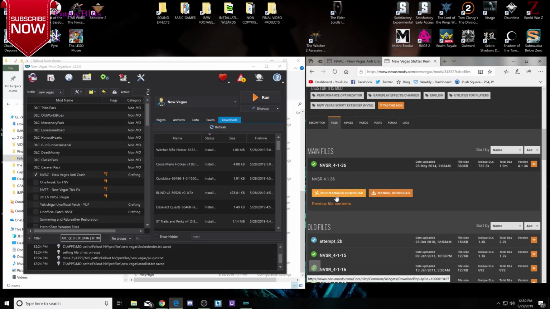So go ahead, same process, Mod Manager download, it'll come up here in your thing. Again, double click Manual, and follow the steps like I said before previous. Right click, Set Data Directory, and then it'll come up here. So for me, I'm using Windows 10, and I'm not going to use NVSR, New Vegas Stutter Remover, because it's not really compatible with my operating system. So,